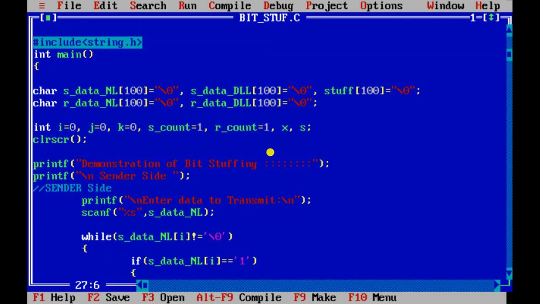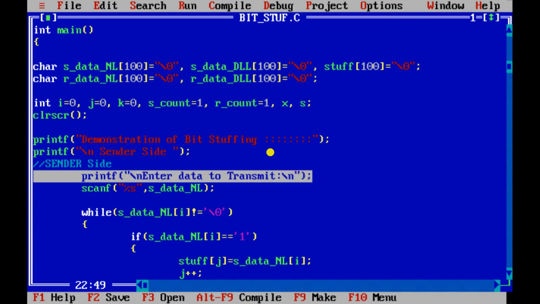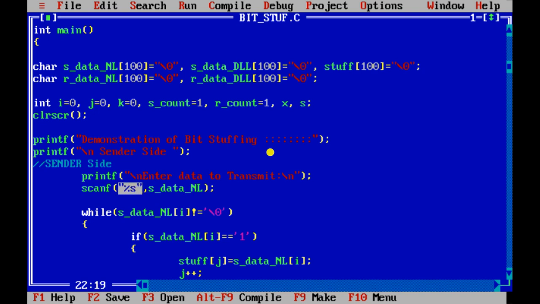Suppose this is the demonstration. Ask the user to enter the sender side data. Here we have entered the data for transmit. Take that into a string. I have taken it in the variable s data from network layer, assuming that we are receiving this data from the network layer.